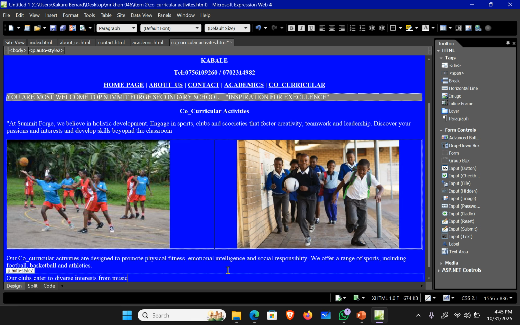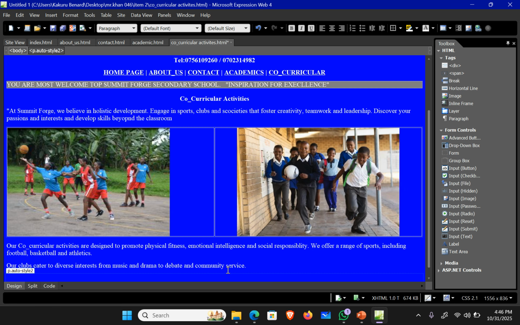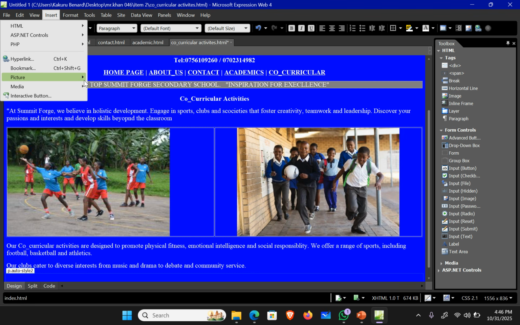From music and drama, debate, and community service. So this is where we are going to bring in the other images where we saw the girls dancing